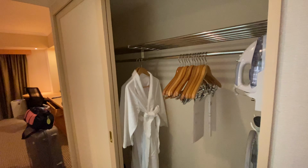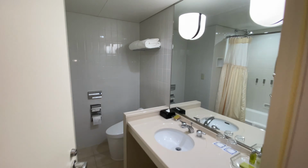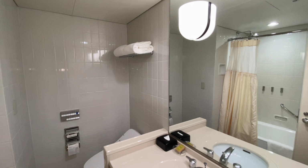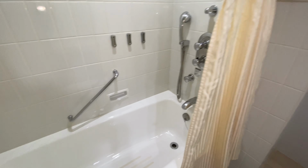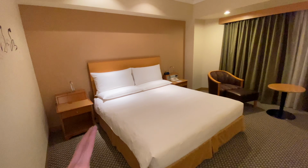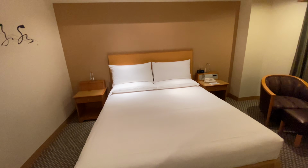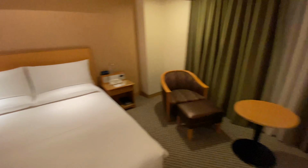Hello there, so I'm in my room at the Hilton Tokyo Narita. Here's a quick room tour. So, wardrobe with robes and slippers. Lavatory, interesting white lighting, which is quite rare in a hotel. You've got the bathtub here. The room is quite sizable. It's a king bed, I think, even though I booked queen. Looks bigger than queen. Sofa chair, working desk,